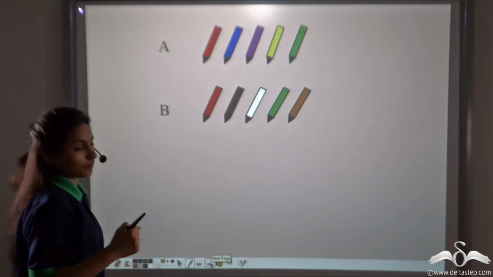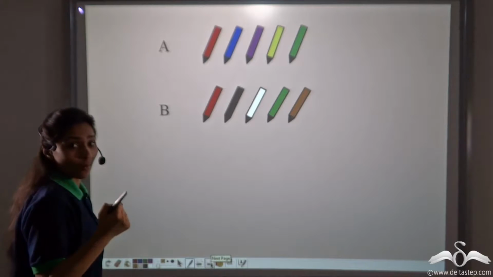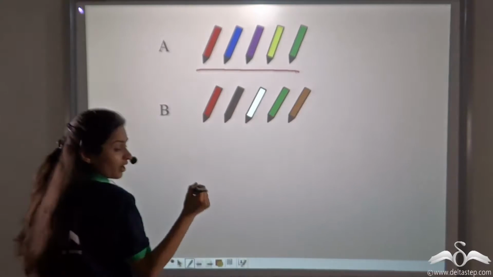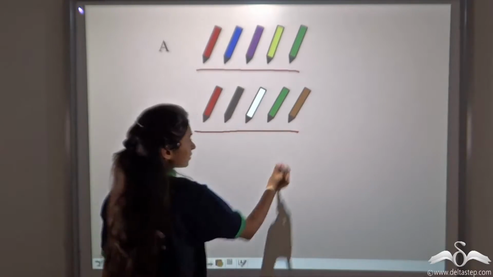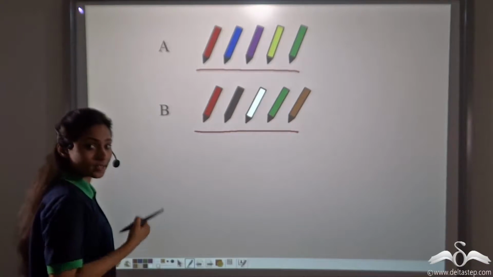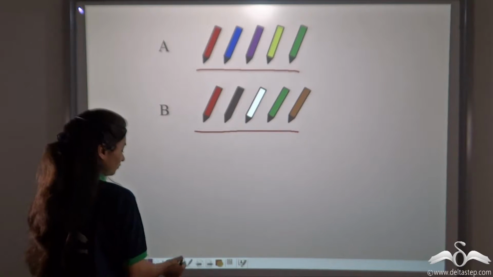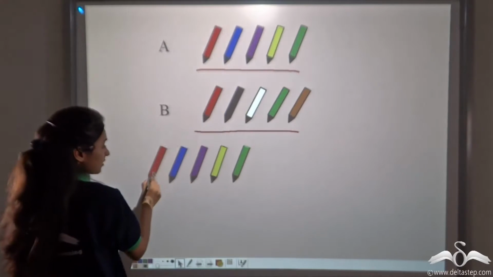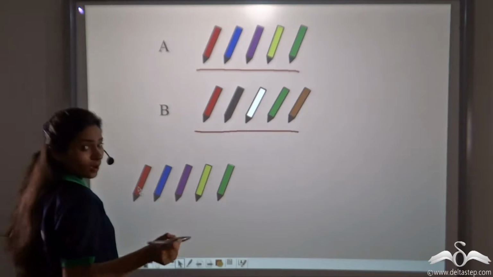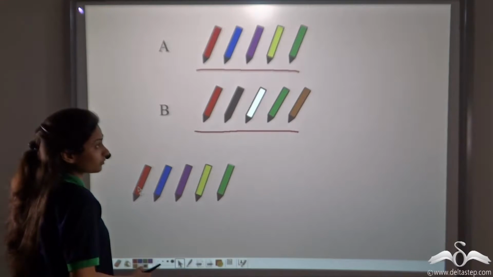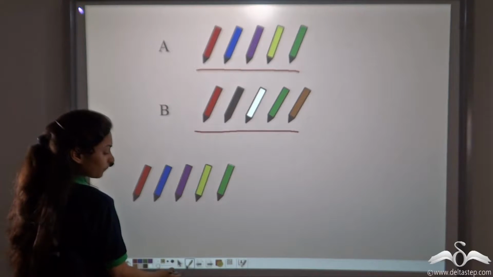Let us take another example. Say on the day of the competition, you brought these pens and your friend brought these pens. Now you want to make a new set to see how many pens you have. You take your set. But now, will you take all these pens of your friend? No. Why?